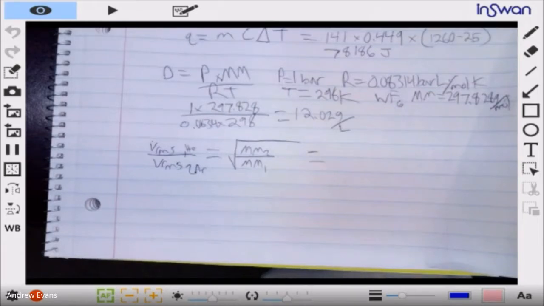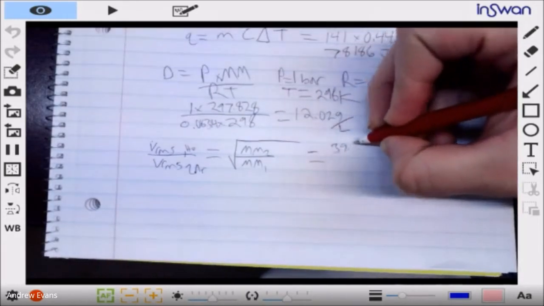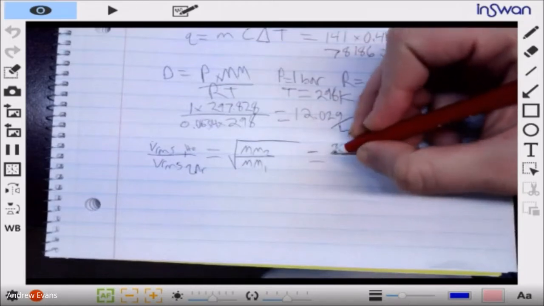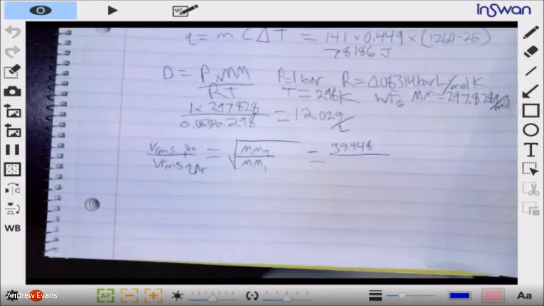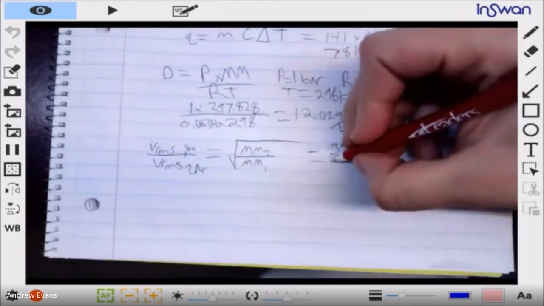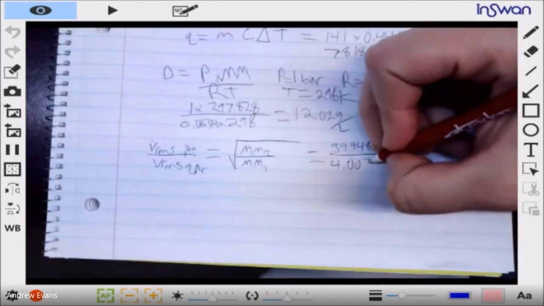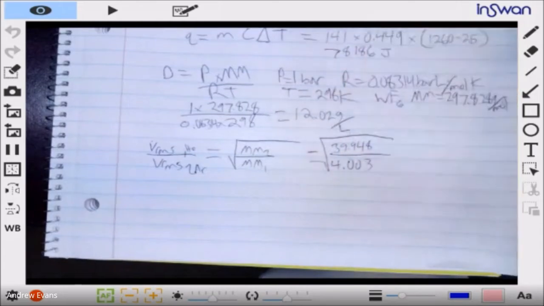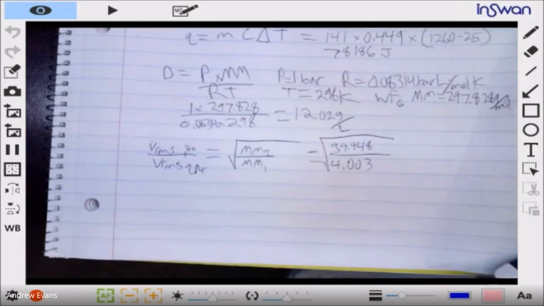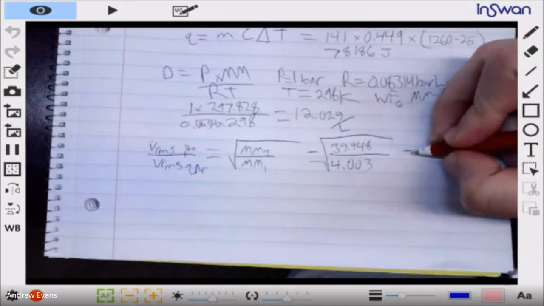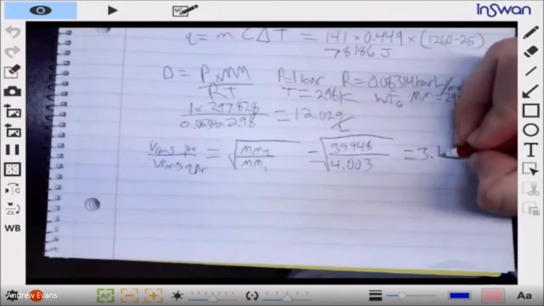So argon is 39.948, essentially 40. And helium is 4.003, essentially 4. Doing this, there should be a number that's greater than 1 when it's all said and done. So you get something like 3.159